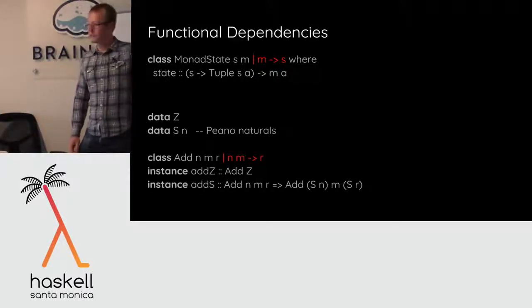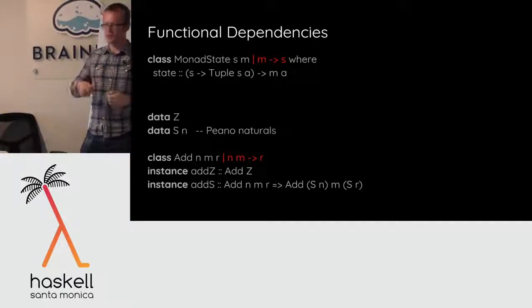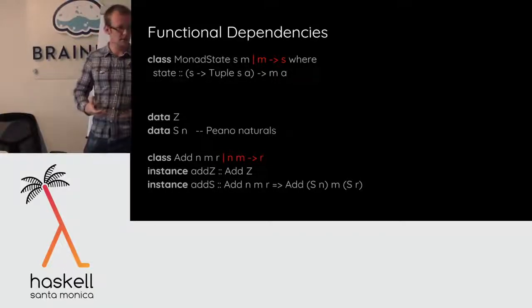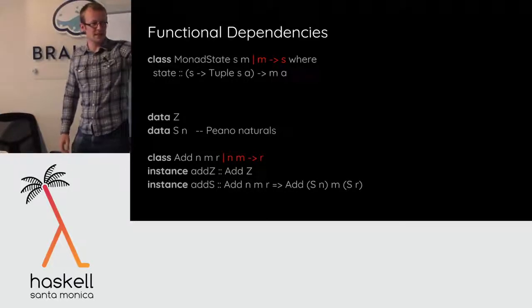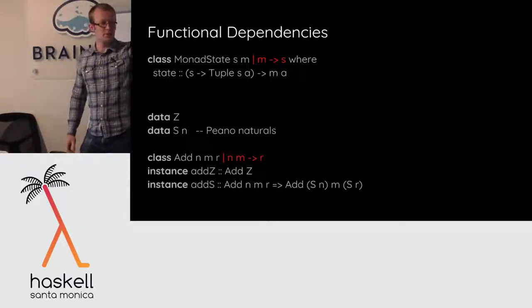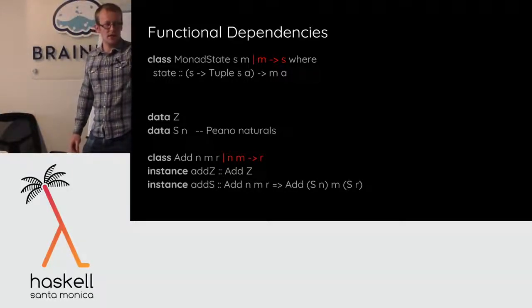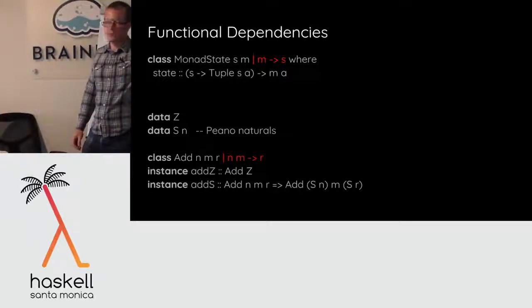And then using type classes with functional dependencies, we can write type level functions that relate these things, that are functional in those arguments. So we can say, I have this Add class that's a three-way relation between two inputs and one output. And if I know the two inputs, then I can infer the output. Okay.